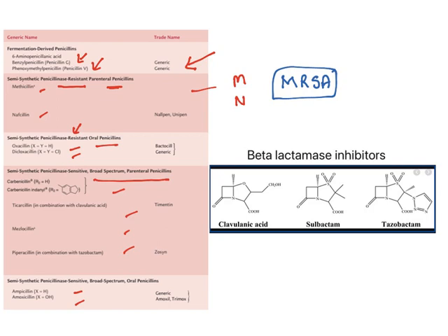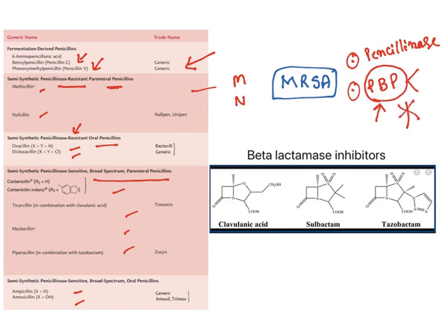Bacteria will acquire resistance by two means. One, penicillinase, an enzyme which breaks down the beta-lactam ring. Second, penicillin binding proteins. To these proteins, all the penicillins go and bind. These proteins are present in the bacterial cell wall. So, penicillins go and bind to these proteins and exert their actions. So, bacteria started changing this penicillin binding protein, so the binding ability is reduced.